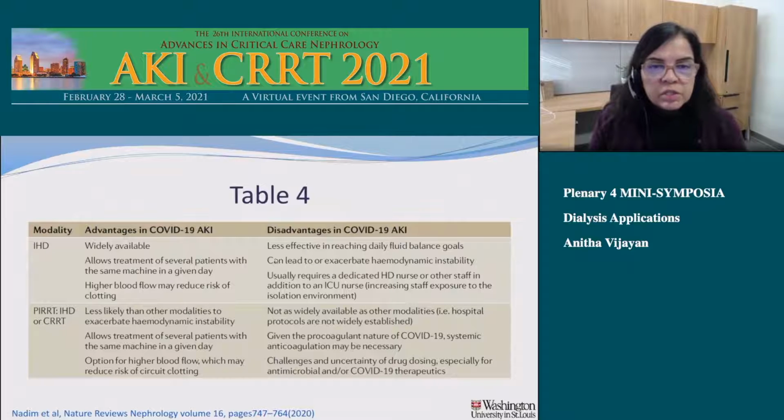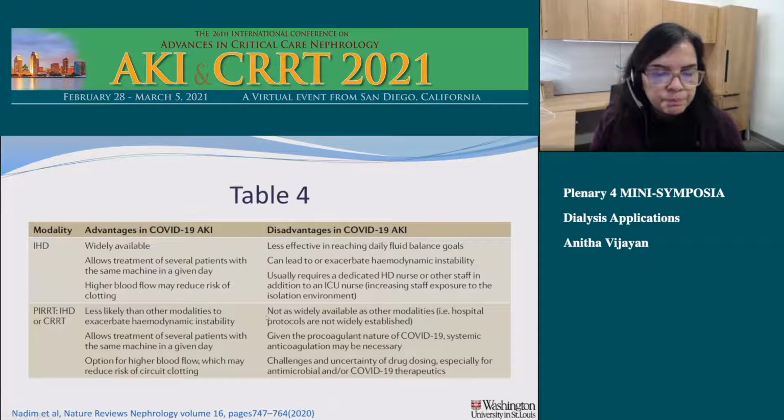So what are the advantages and disadvantages of various modalities in acute kidney injury? Intermittent hemodialysis is widely available. The main limitation is nursing, and it allows treatment of several patients with the same machine in a given day. The main disadvantage is that the nurse has to sit in the room with the patient for an extended period of time to provide this dialysis. Now, COVID-19 patients are frequently hemodynamically unstable in the ICU, and so intermittent hemodialysis may not be the best modality